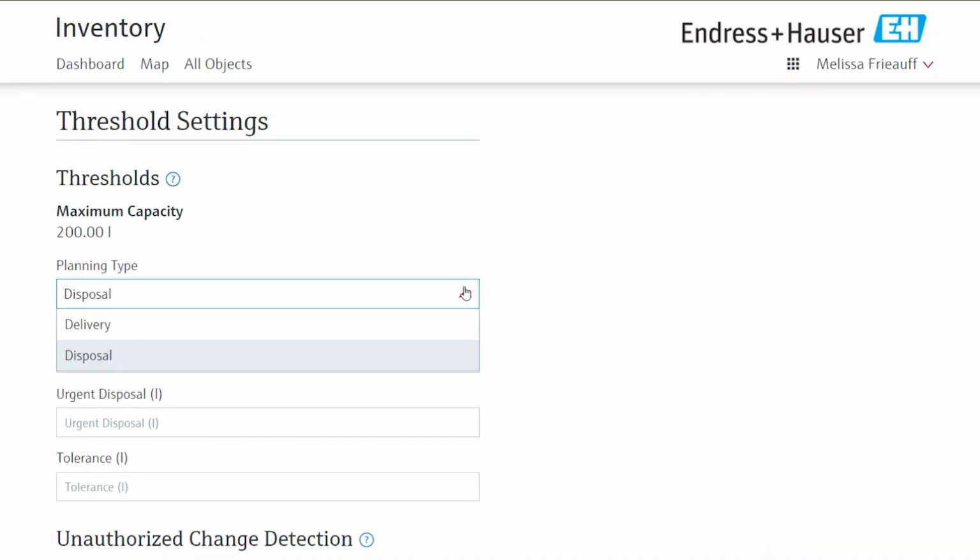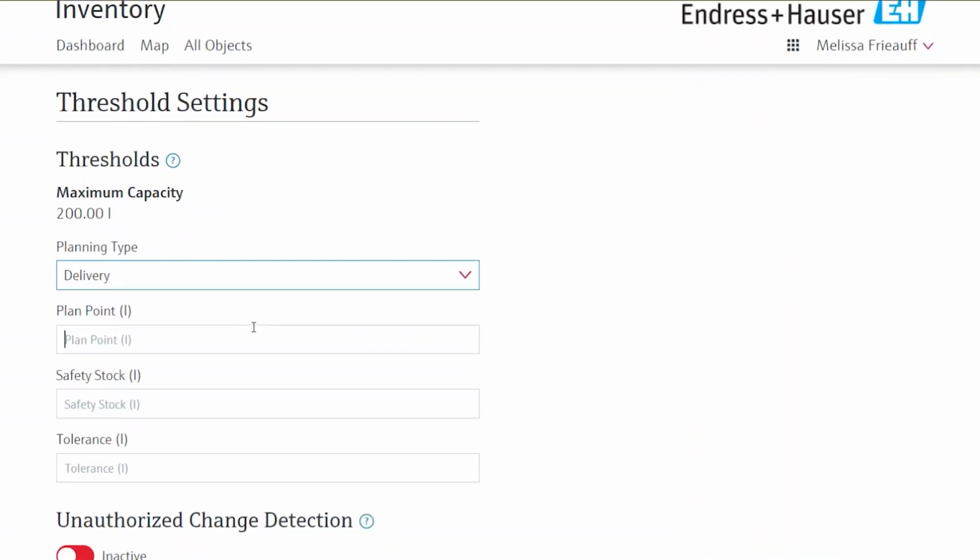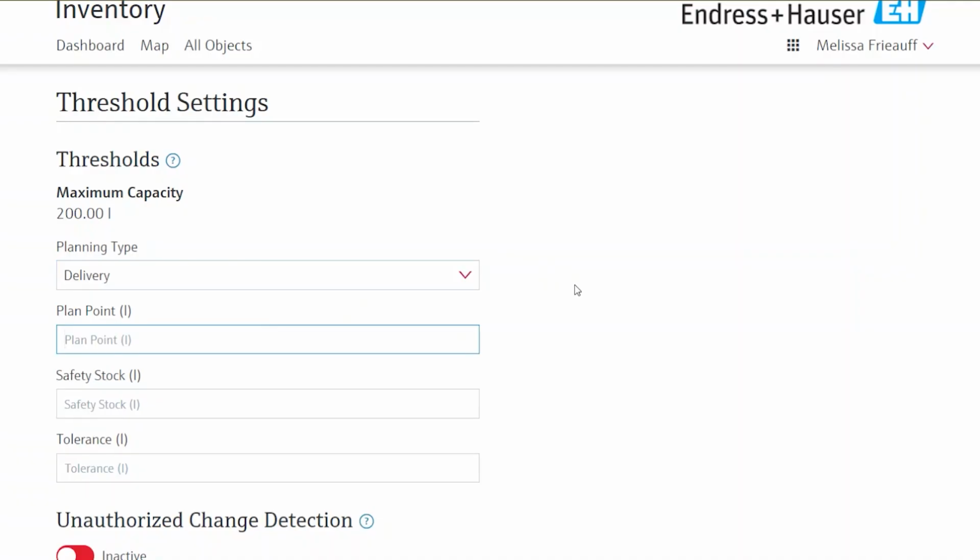So your tank slowly fills up over time, and then at a certain point you want to dispose of its contents. For now I set it to delivery, and I can define the plan point. The plan point for me would be then when I want to order here a delivery of the product for my tank to refill it. So I would say for me that's when we hit maybe 20 liters.